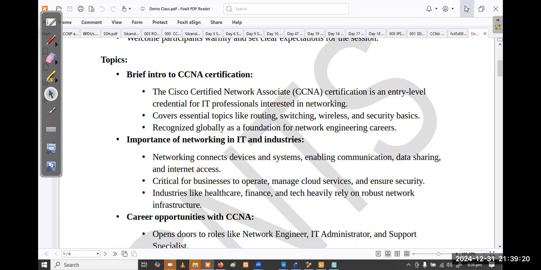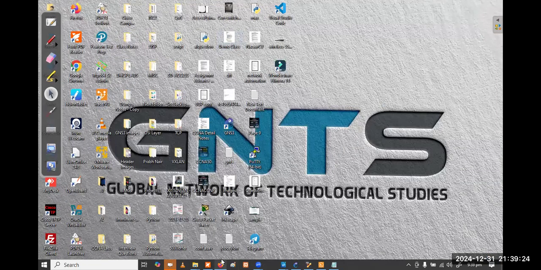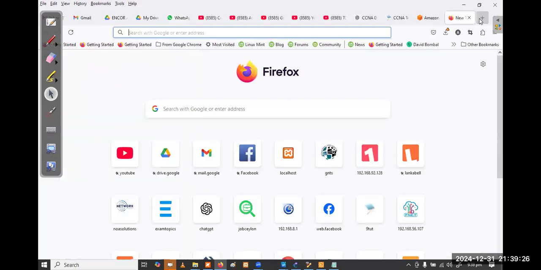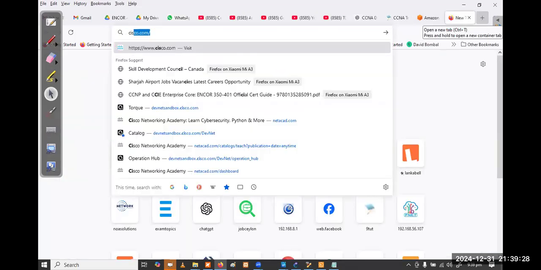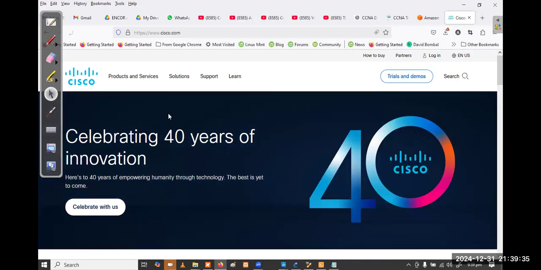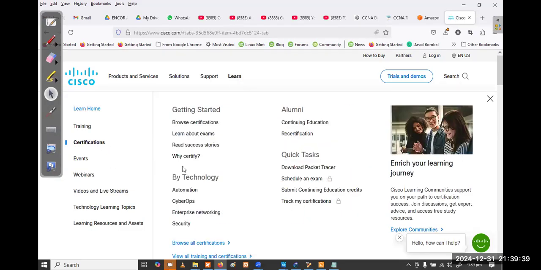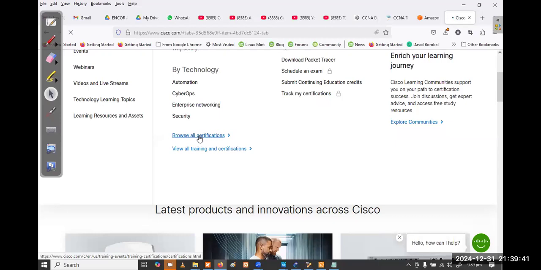Okay, so let me show you from the Cisco side. If you want to go to that particular page, go to Learn, click on Certifications, go to Browse All Certifications.